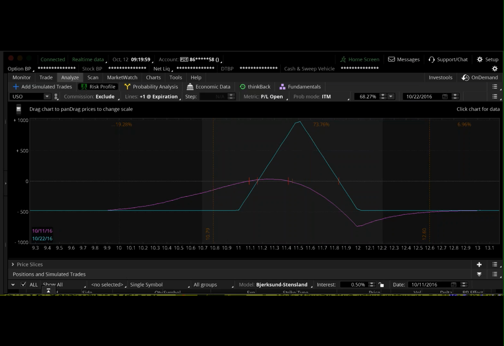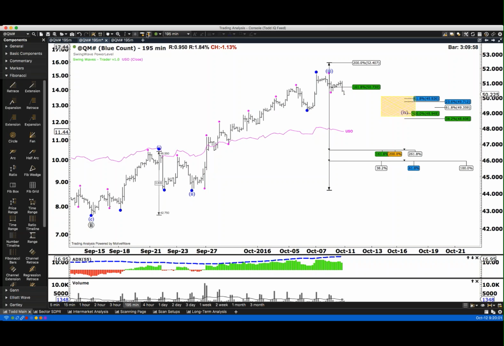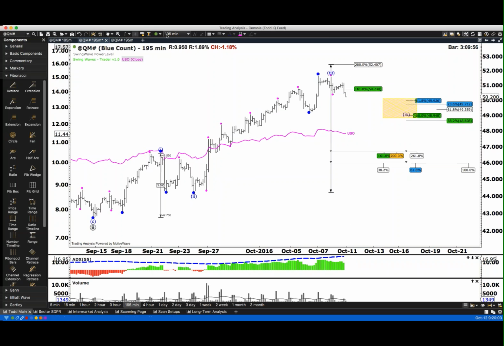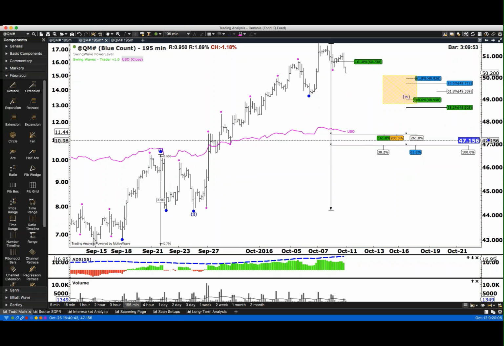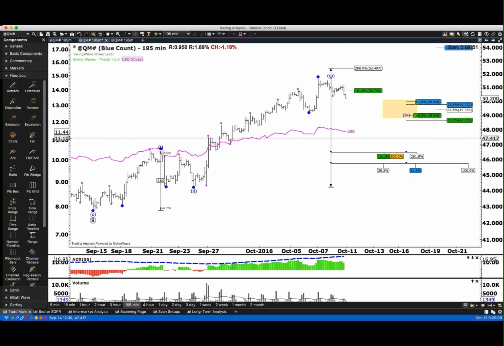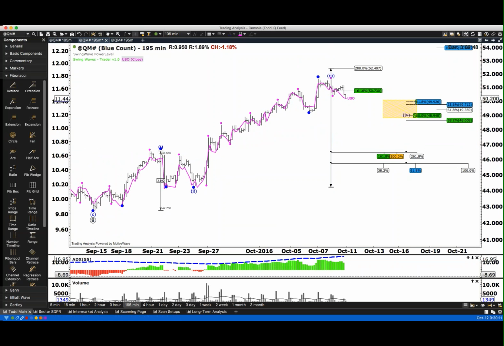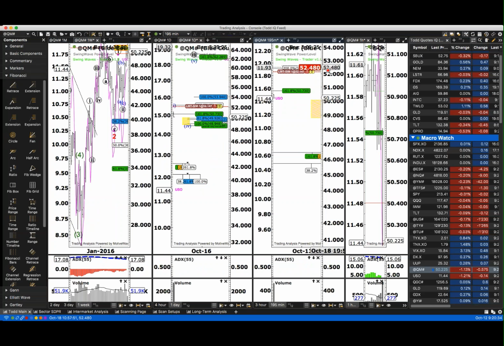So the body of the butterfly is 11 and a half in USO, and as I sync this back up with crude oil, there we go. If we can settle in between 11 40 and 11 20 on the left scale here, we should be able to extract some profits on this range bound setup in crude. We're not going to hold this through to completion. We're going to manage it at either 50% or a third and begin to move out, so we can get some positive theta decay out of that put butterfly in crude.